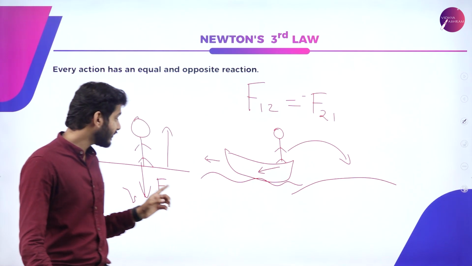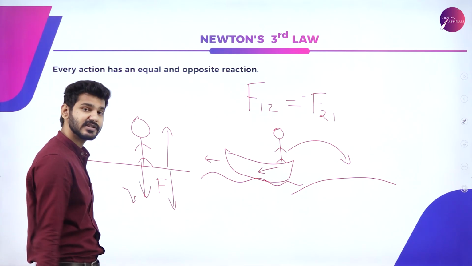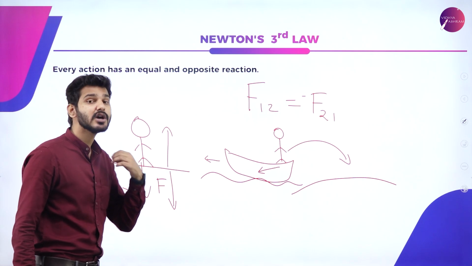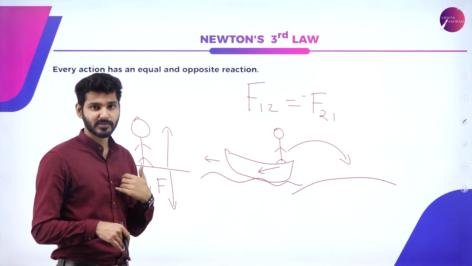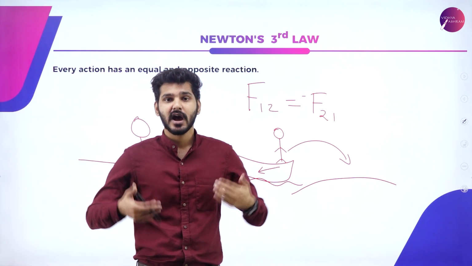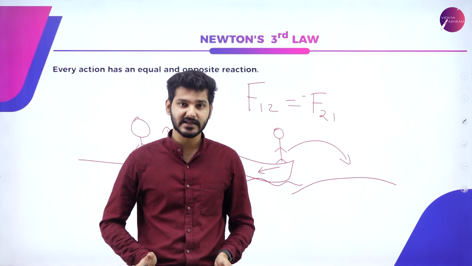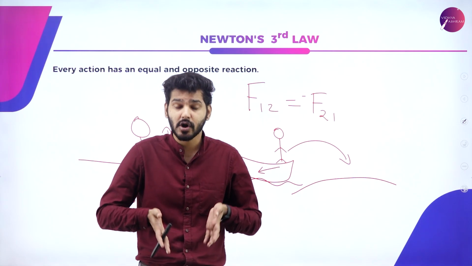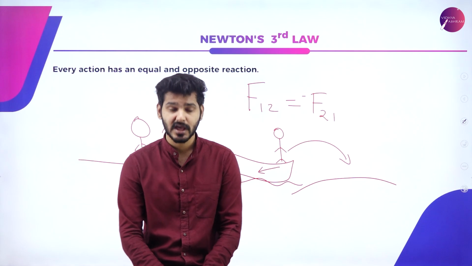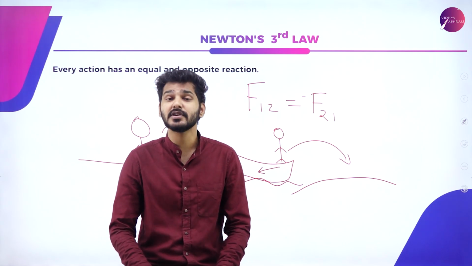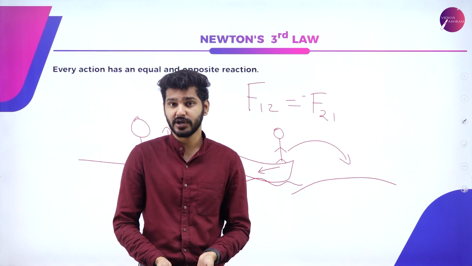That is, the floor is actually exerting an equal amount of force in the opposite direction so that it balances out my force. I have a particular weight, and I am exerting that entire weight times the acceleration due to gravity on the floor. So I'm exerting a force onto the floor, and because of that force, I should go down. But I'm not going down.